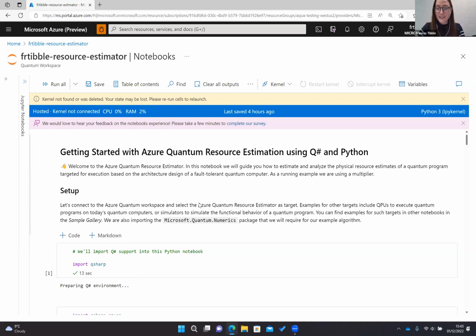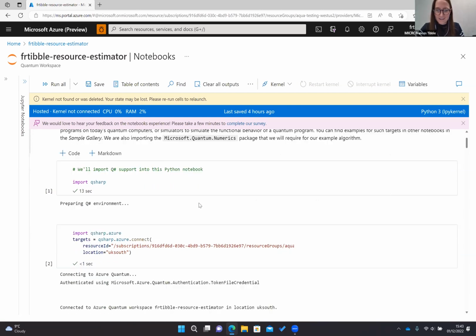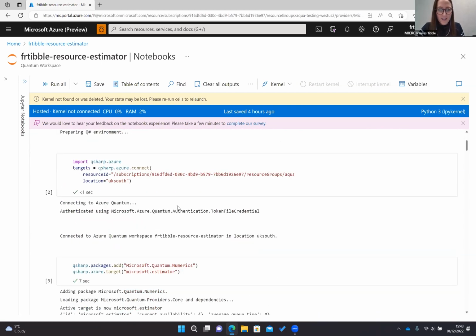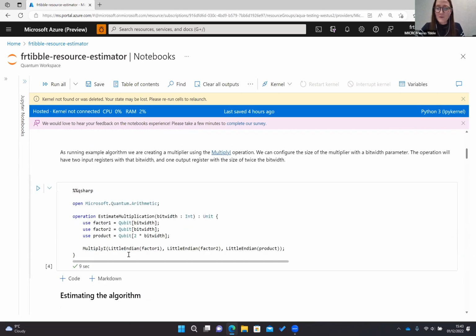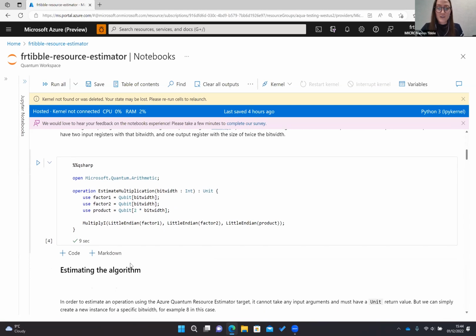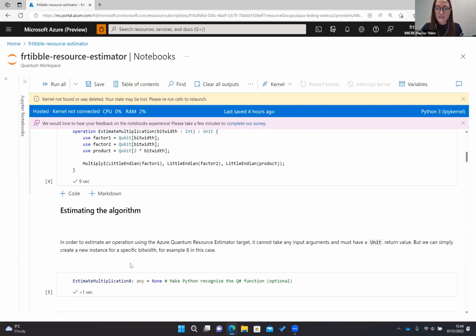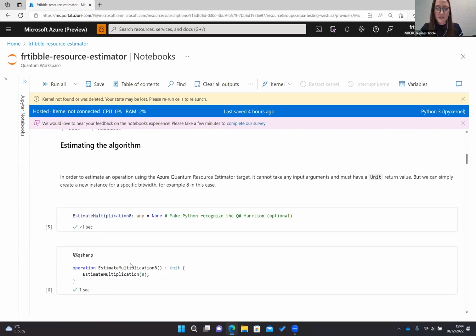So this particular demo isn't doing anything special in terms of the program side. What I'm going to just scroll to is this bit of Q# code, which if I had thought about this more intelligently, I would have shown a Qiskit sample, but we do have a Qiskit sample as well. This is just an operation which does a very simple multiplication of two numbers. So nothing particularly impressive. But what we're going to do is run that against the resource estimator and look at the types of requirements it would have.